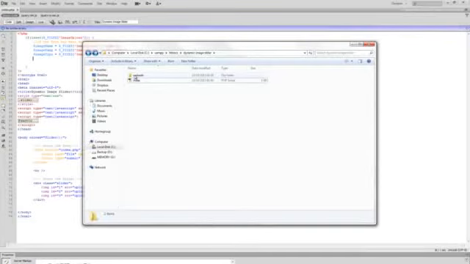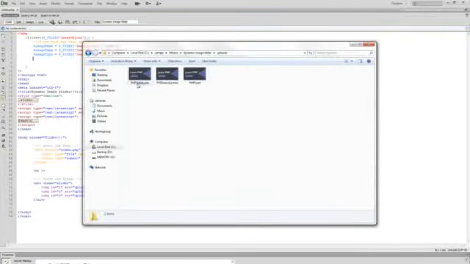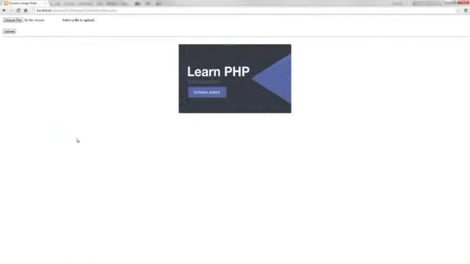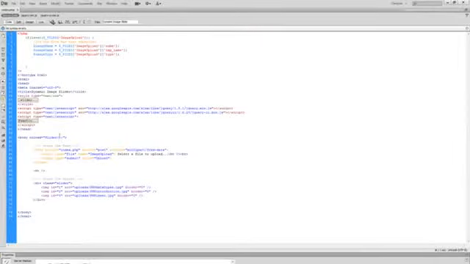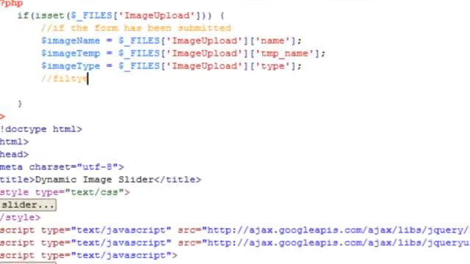So if we look in uploads, you can see that all of the images don't have any characters you don't want or anything like that, but not every image will. For example, if we choose a file, you can see that there's spaces in here and there's an underscore up there, and basically what we need to do is learn how to filter that out. So we're going to be filtering the image name here,